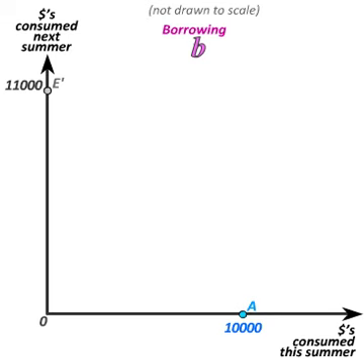To determine the most that the bank will lend you, all you have to do is divide $11,000, your income next summer, by 1 plus the interest rate, or 1.1. 11,000 divided by 1.1 is 10,000. The most you can consume this period is then $10,000. That would leave you nothing next period, because if you borrow $10,000 from the bank at 10% interest, you'll have to pay back that $10,000 next summer, plus $1,000 in interest for a total of $11,000, which is all that you're going to make next summer.